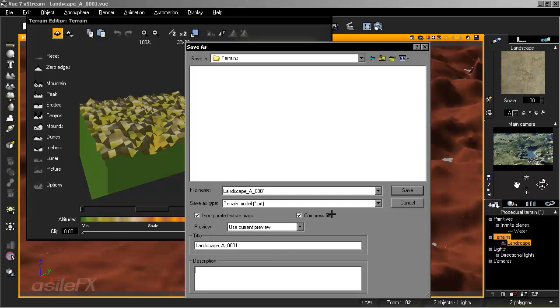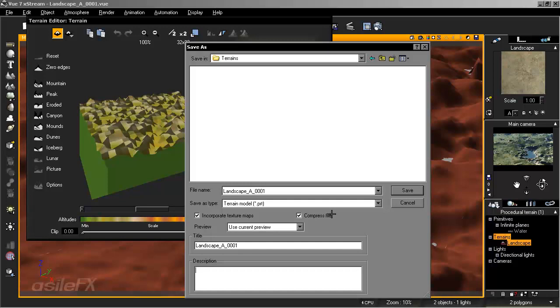If you have any texture maps creating the altitude of your terrain, or any texture maps tied into the material, those will all be saved with your terrain and the material. In this case, I'm using 100% procedural material and terrain, no images, so it's going to be a small file size. If you're working with images